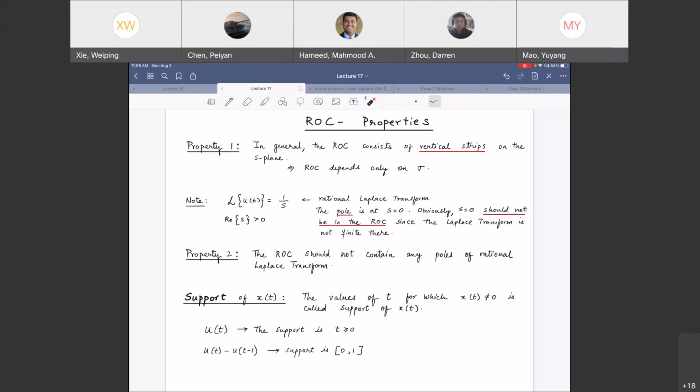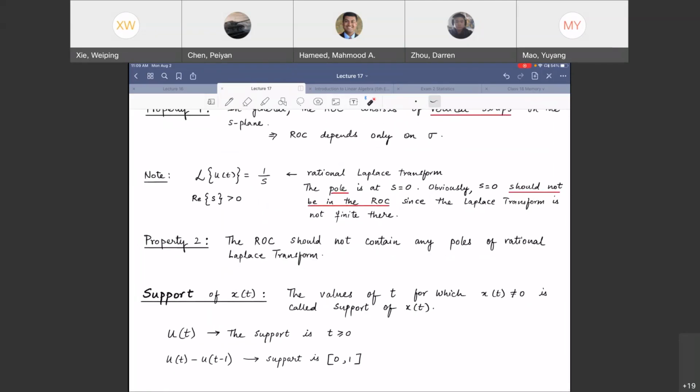It is either going to be, this is my vertical axis, to the right of the vertical axis, to the left of the vertical axis, or maybe shifted to the right of this particular vertical line, to the left of this particular vertical line, and so on. It is never going to have a bound in the y direction. It is always going to have a bound in the x direction, on the x-axis. So you will see vertical lines that will bound or unbound. Like it may be to the right of the vertical axis, all of it, like there's no bound on the right. But it'll always be based on the real part of S. So vertical strips, because ROC depends only on sigma.